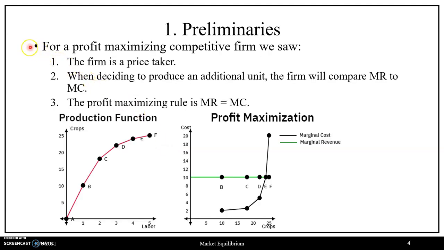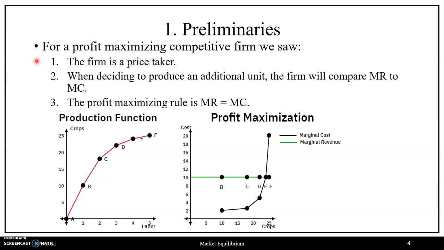So to begin with our preliminaries, recall that our example was a competitive farm that is growing crops with a fixed amount of capital and a variable amount of labor, where we have their production function below in terms of their variable amount of labor used and fixed capital in order to produce a certain quantity of crops. And we also have their profit maximization process below as well, where we have their horizontal marginal revenue curve and their upward sloping marginal cost curve as well, where overall we observed that the firm is a price taker and that there are many farms in this marketplace growing an identical crop such that no individual farm has market power over